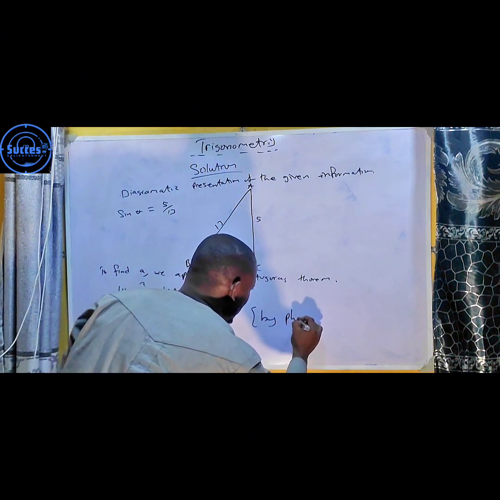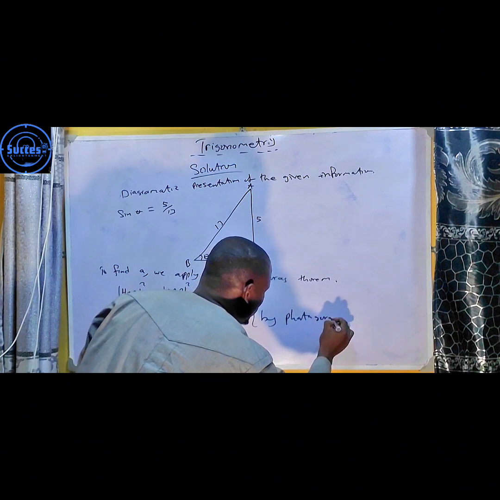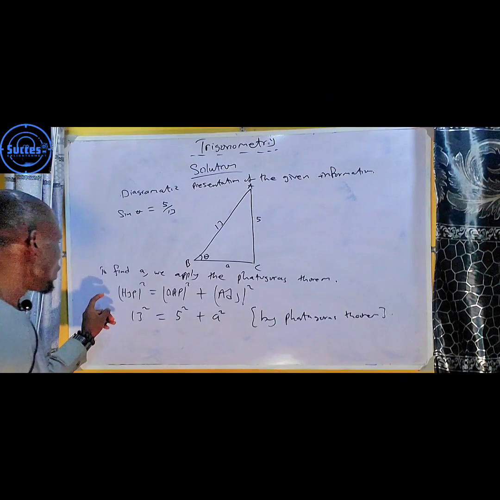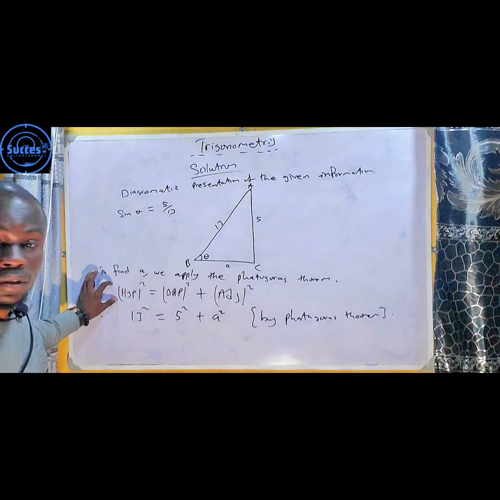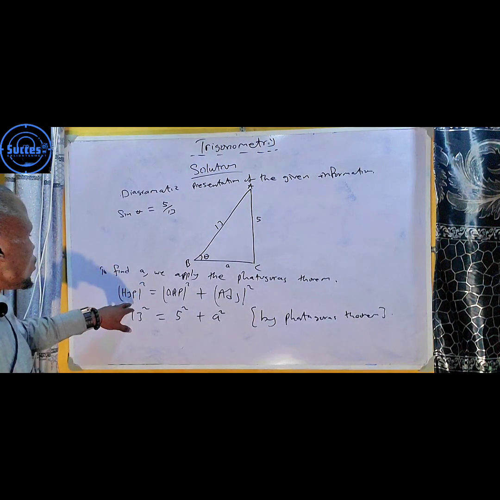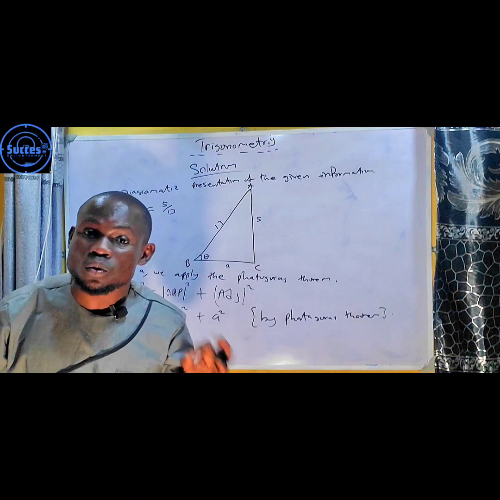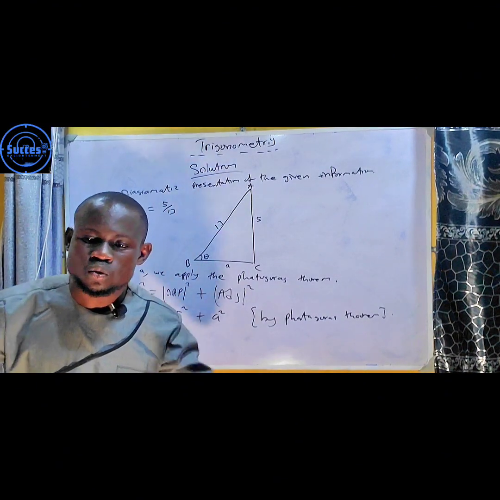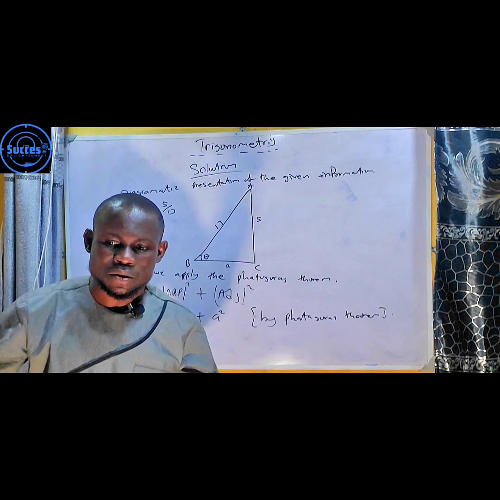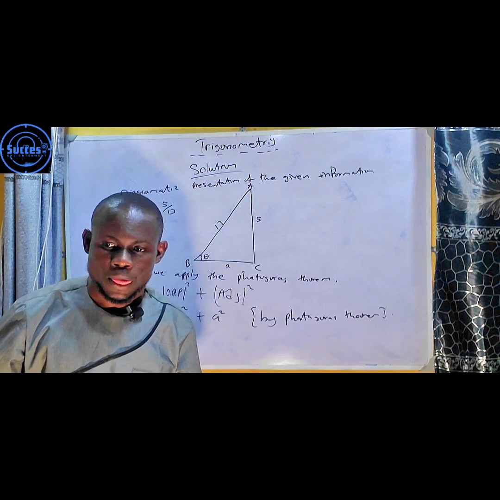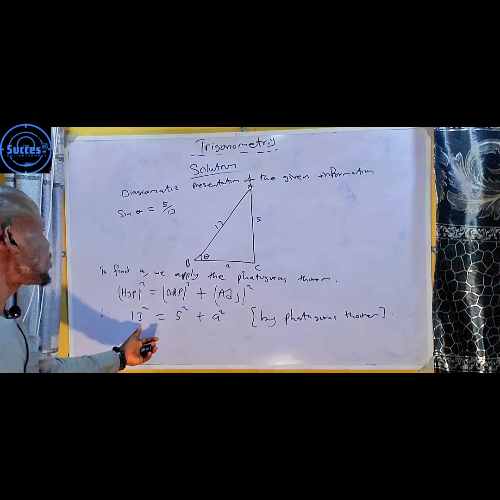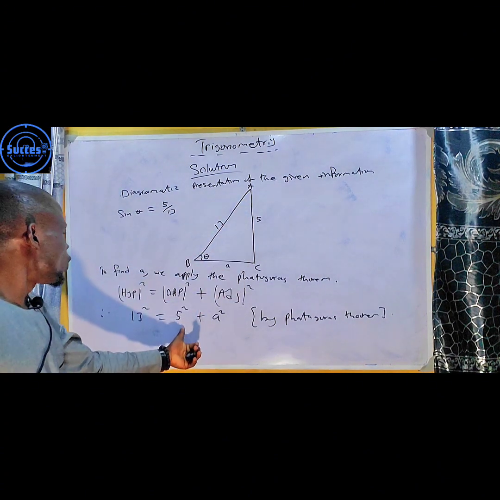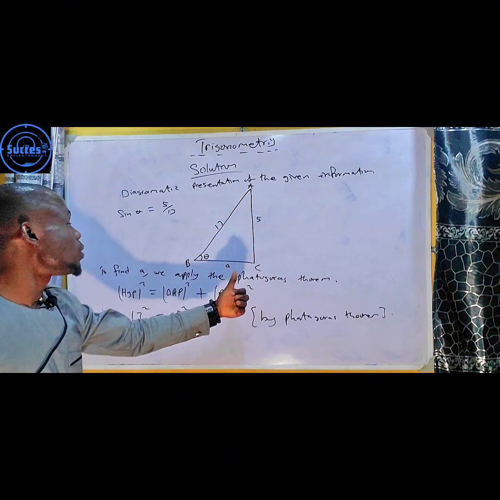by Pythagoras theorem. Alright, this is the Pythagoras theorem itself. It says that the square of the hypotenuse side is equal to the sum of the square of the other two sides. That's what Pythagoras theorem is talking about. Okay, so now which one is the hypotenuse side? 13 square. Which one is the opposite side? 5 square. And the other side is